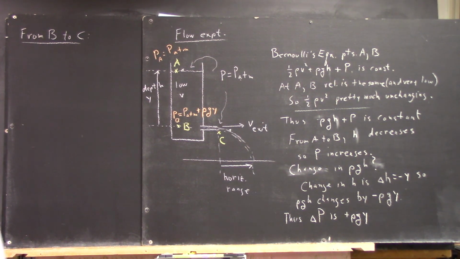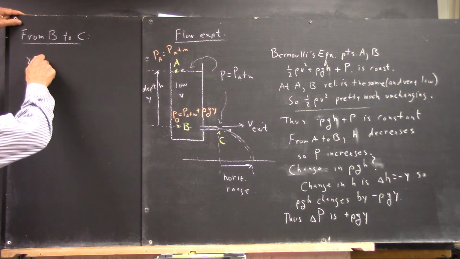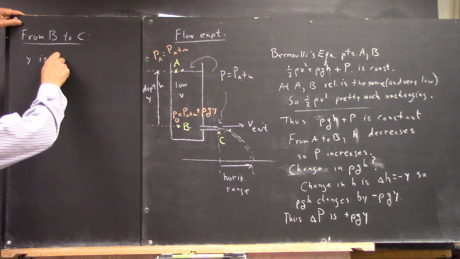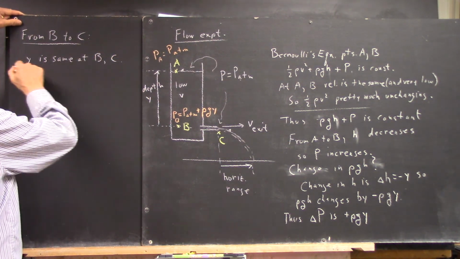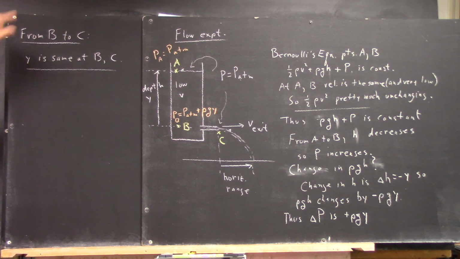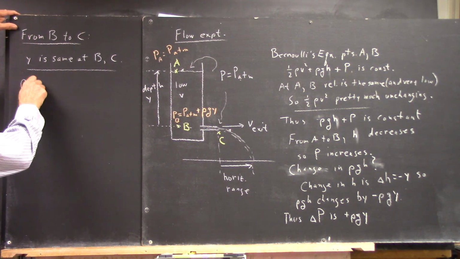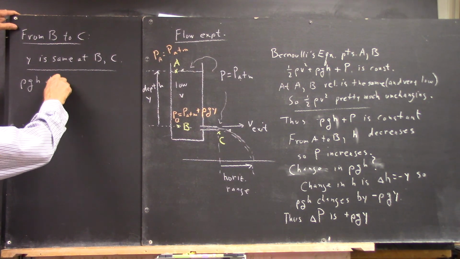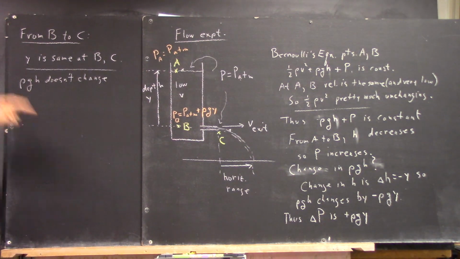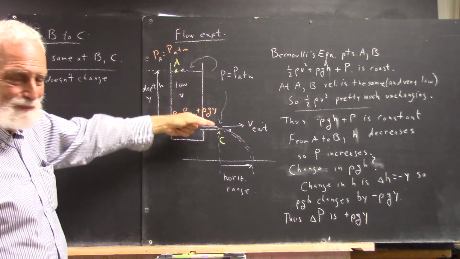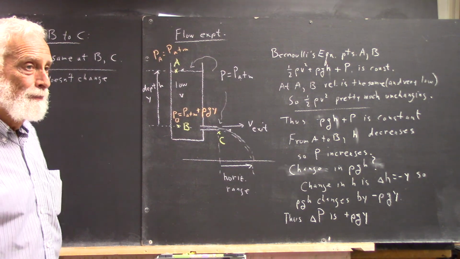If we want to compare between point B and C, y is the same at B and C, right? So rho GH stays the same. Doesn't change. And if the tube is slightly sloped downward or a little bit upward, that does have an effect